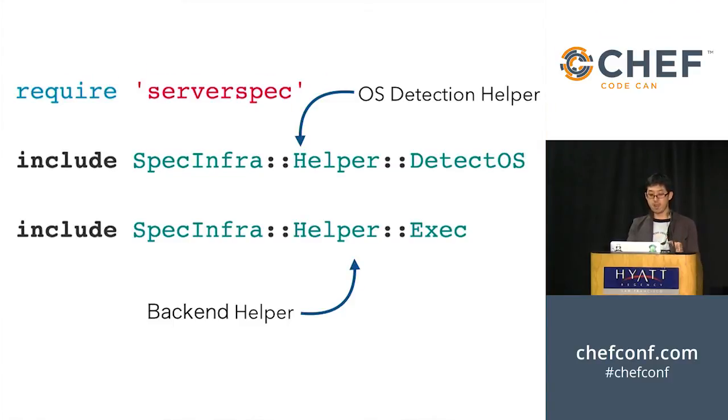This is a way to specify how to run commands. Serverspec has a helper command, serverspec-init. serverspec-init generates the template files for testing. This is the content of the file spec_helper.rb generated by serverspec-init. The detector helper handles the difference among each OS, and the exec helper is used for local execution. If you run the test on a remote machine, you must include the Specinfra helper ssh instead of exec. I call this helper the backend helper.